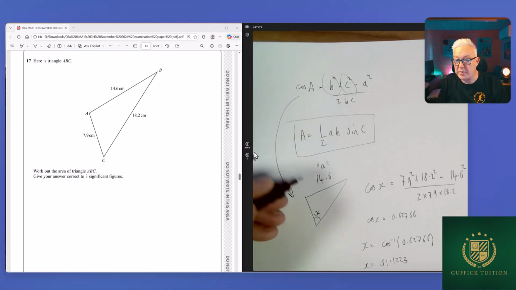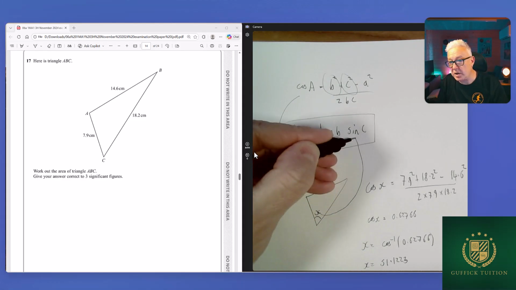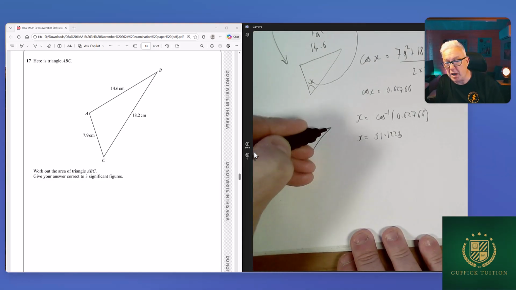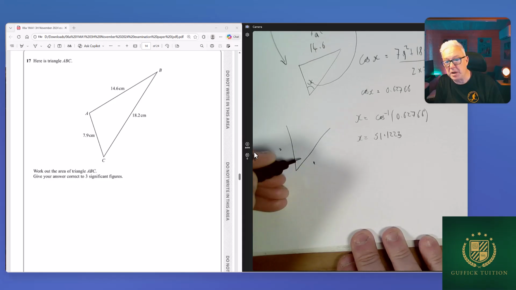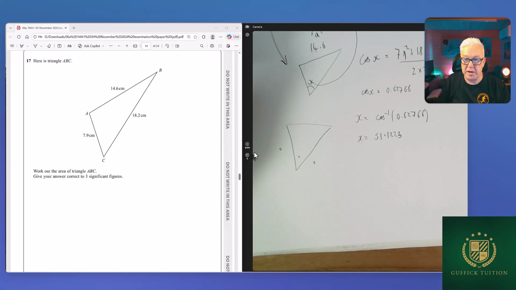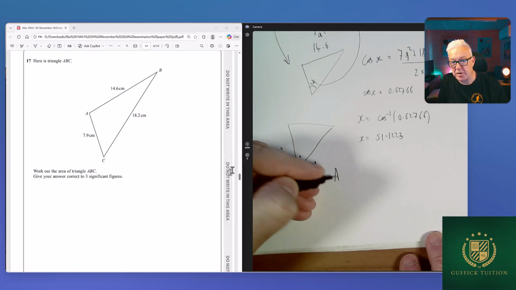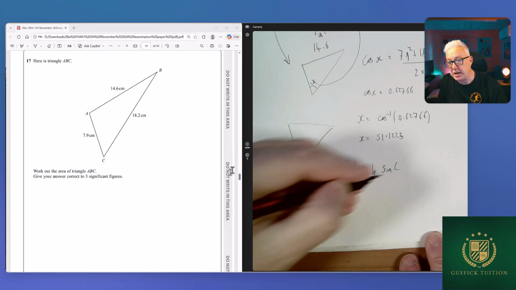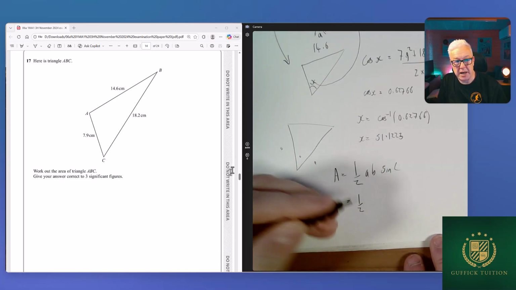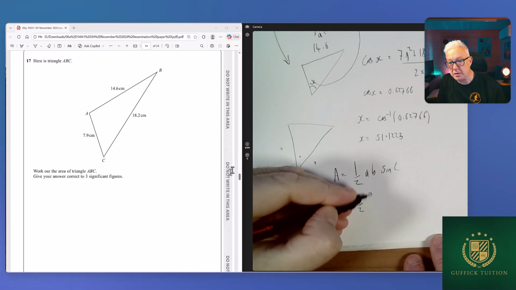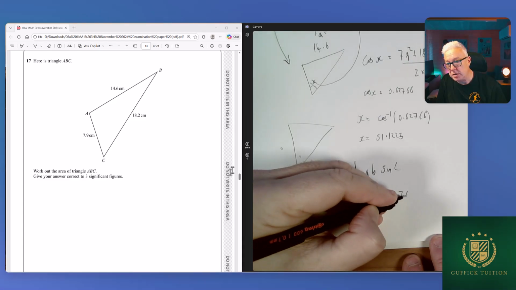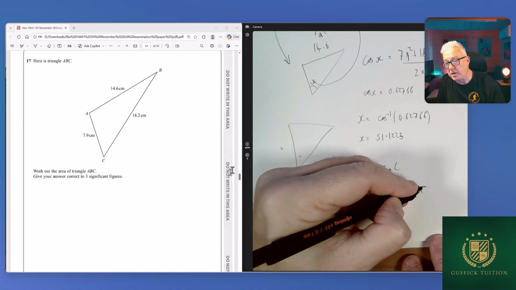So now you may remember I said we can use that in this formula now. So when we're using this formula, half ab sine C, this formula works when you have two sides with an angle in between. So what we would need to say is, let's write the formula down first, half ab sine C. So our a, in this case, is going to be 7.9. Our b is going to be 18.2. And it's going to be the sine of